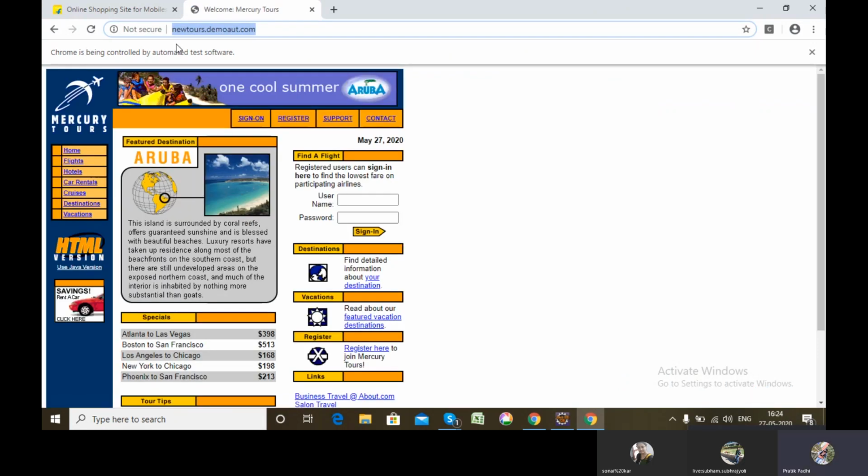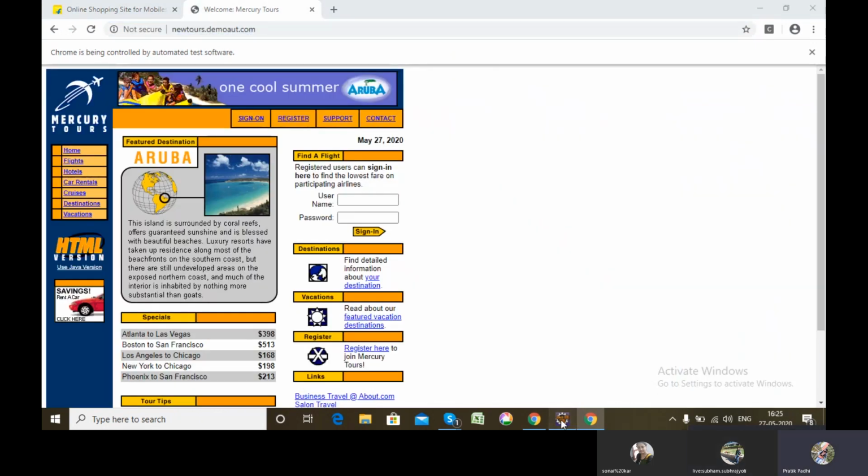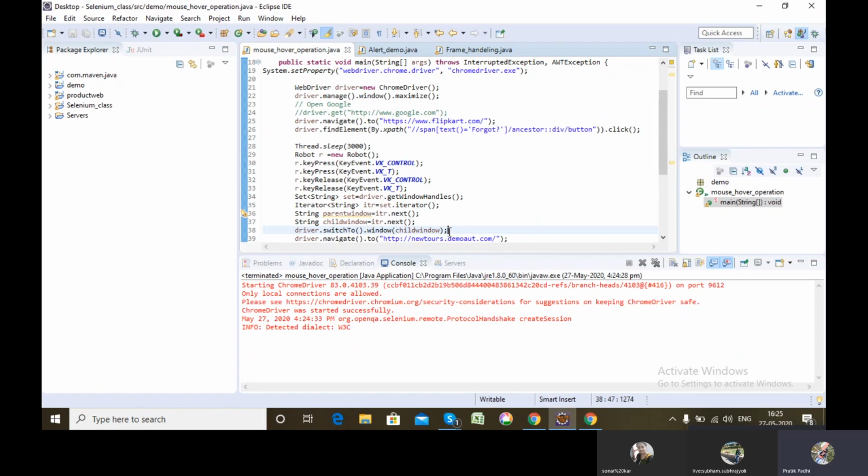See, what happened? My new URL got opened in the new tab instead of the previous tab, right? Why did it happen? Because here I passed my driver control from the parent tab to the child tab.